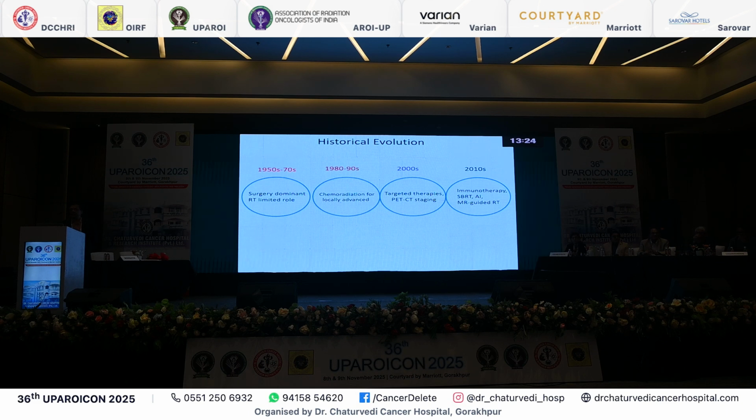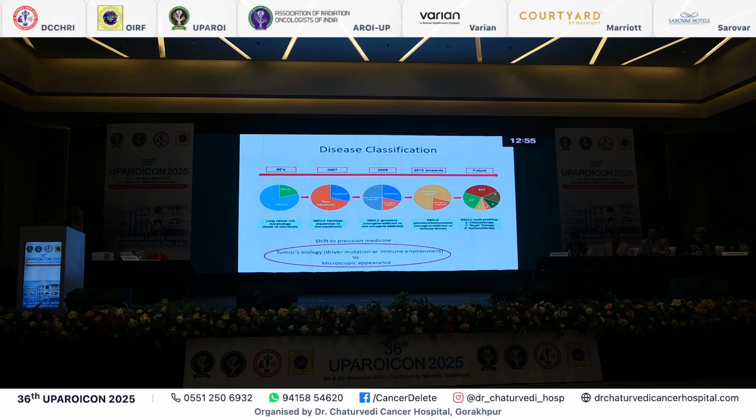This is the historical evolution of the treatment. In the 1950s to 70s, surgical management was the main management, and other management like chemotherapy and radiation therapy was not that developed, or it still had a limited role. But coming to the 80s and 90s, concurrent chemoradiation became a standard of care in at least stage 3 lung cancer. Further evolution happened in the last 2 decades, where targeted therapy, immune therapy, SBRT, all these came in, and gradually the prognosis started looking better.